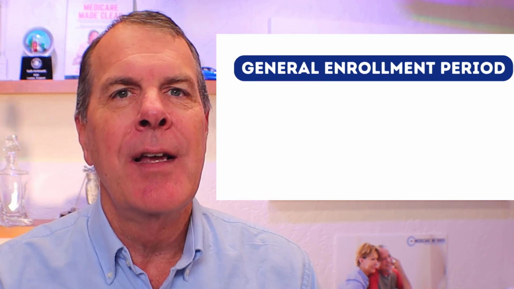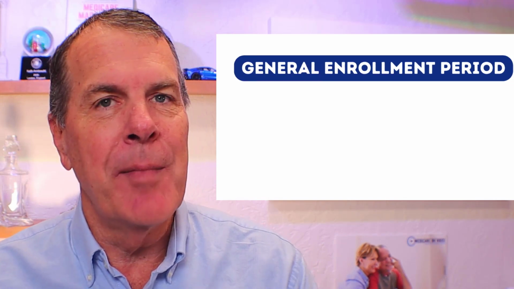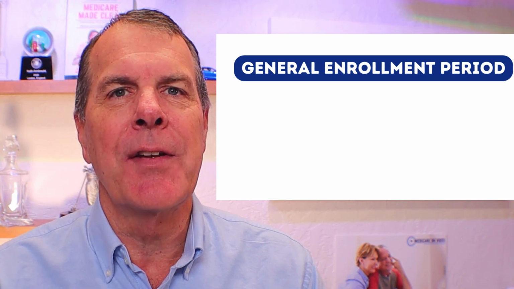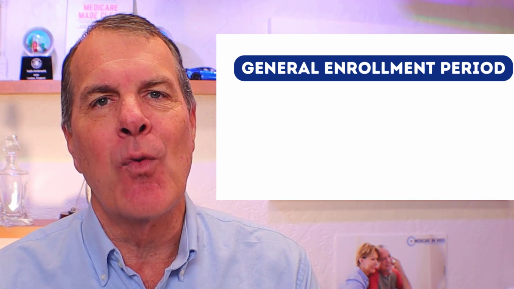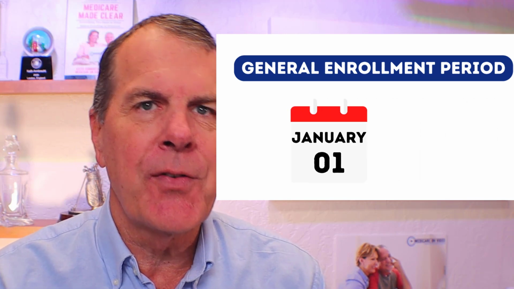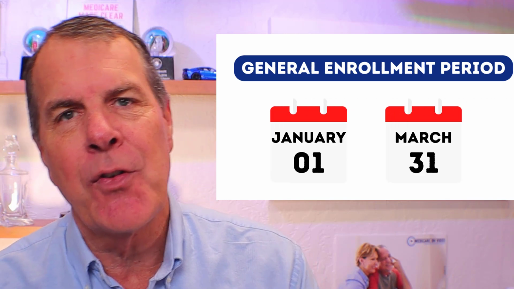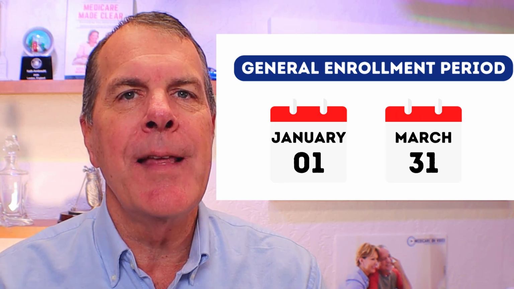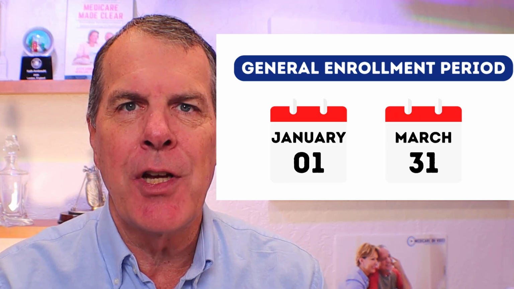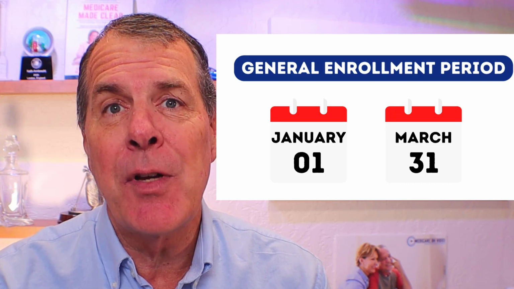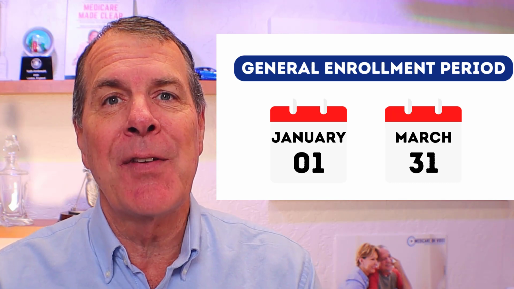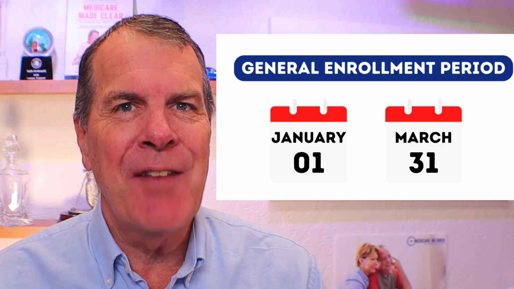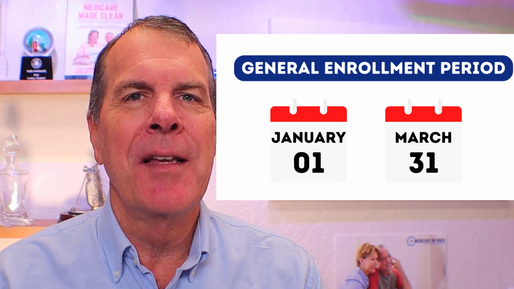So we're going to talk right now about the general enrollment period. So this is for people that did not enroll when they were supposed to enroll and now want to come into Medicare, which unfortunately I see all the time. So the general enrollment period runs from January 1st to March 31st. So you have to enroll within that window. Specifically, January, February, March is the only time you can do it. If you come into this light bulb in April, you're going to have to wait until next January to be able to enroll. So that's pretty crazy as well.